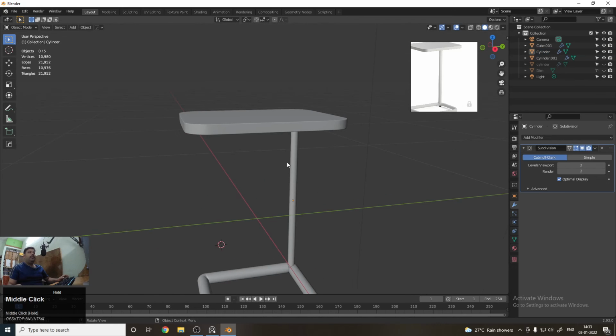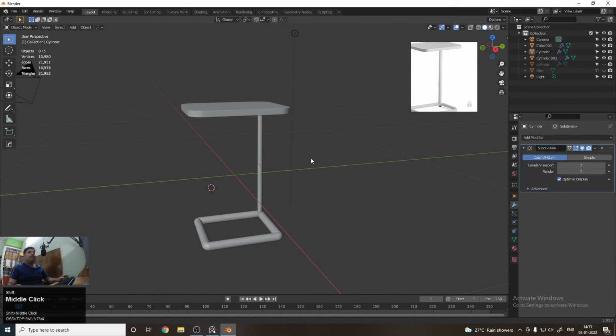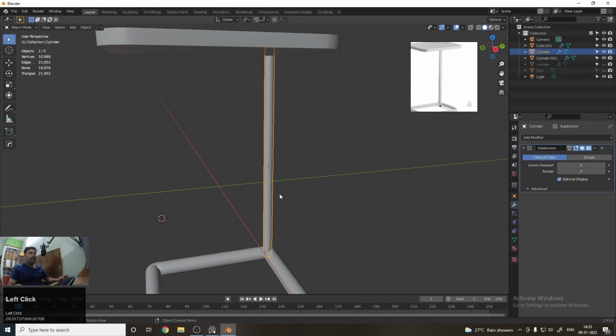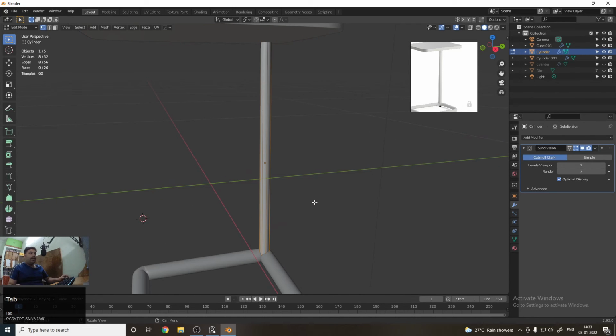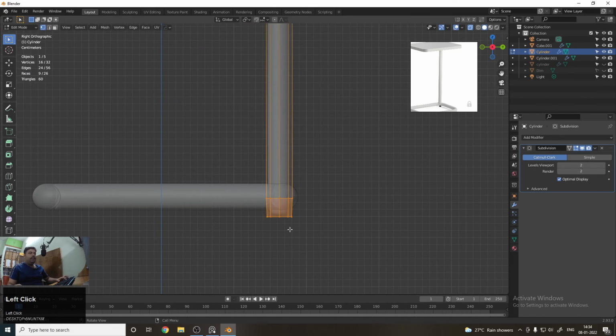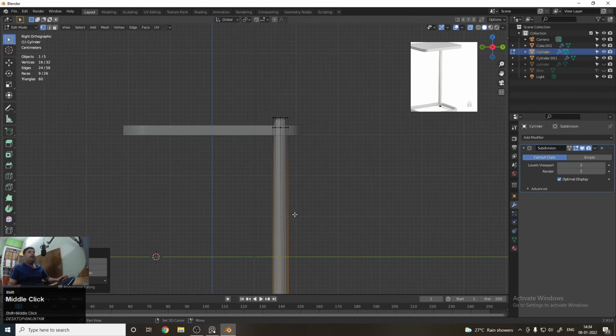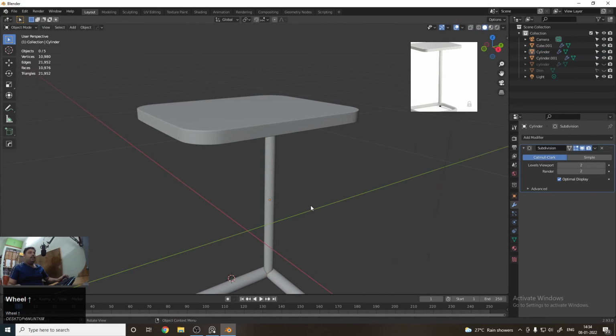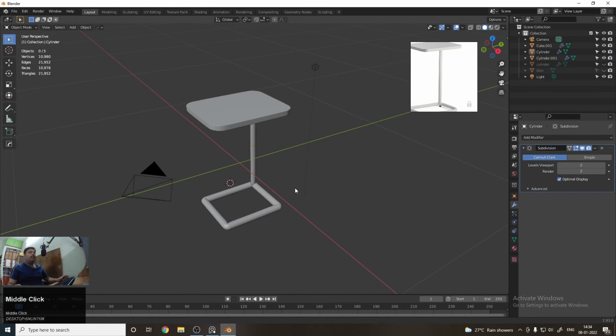So in this manner you can create the cylinder, but you can see that the cylinder is looking very small. So I am increasing the size like this, and in the side view you can move this upward and this downward. So in this manner you can create the 3D models in Blender.